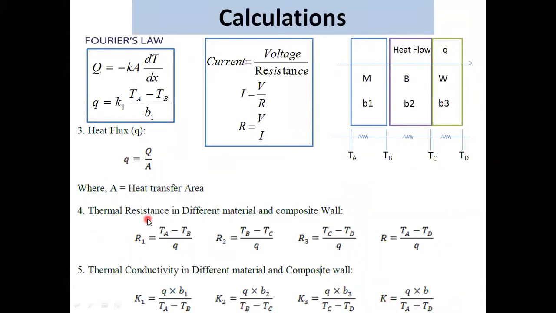Now what is thermal resistance? If you compare it with the electrical analogy, then the current depends on voltage and resistance. Okay, so voltage divided by resistance is our current, I equal to V by R. So similarly, if you compare I with the Q, that is the amount of heat supply, then it depends on temperature difference, and then there is a resistance, which is a material's property. So from this equation, R is equal to V by I. This is the electrical resistance, that is voltage difference divided by current.